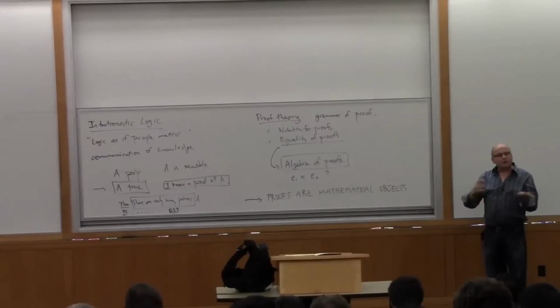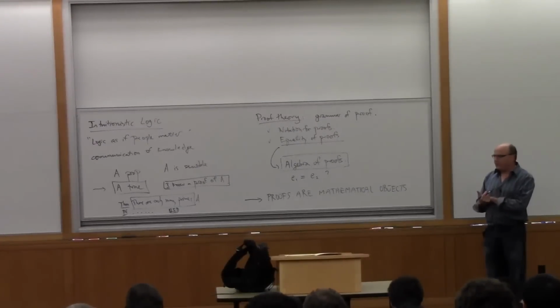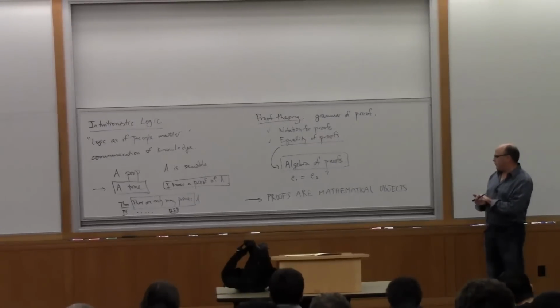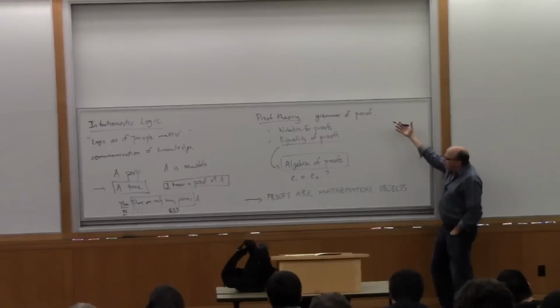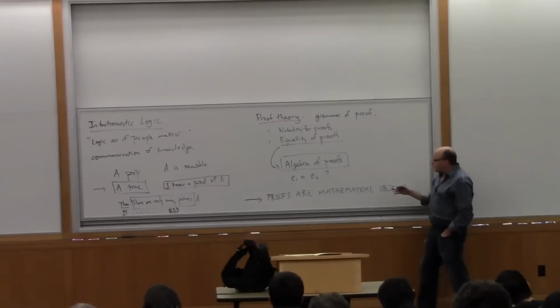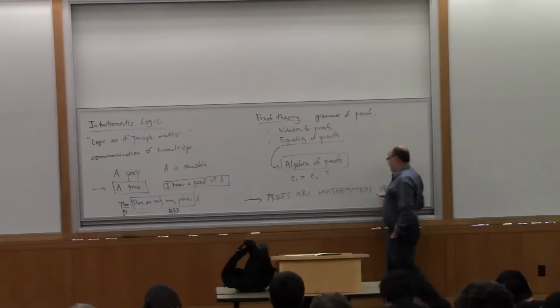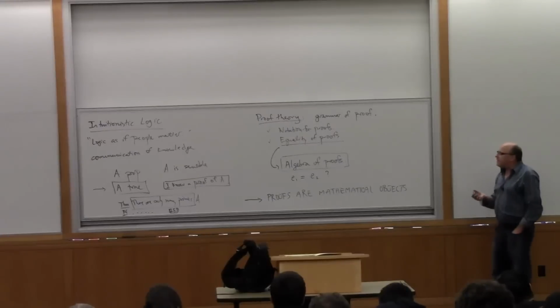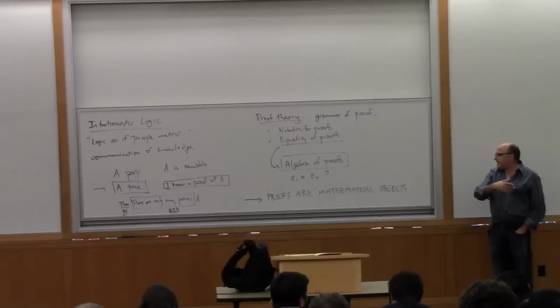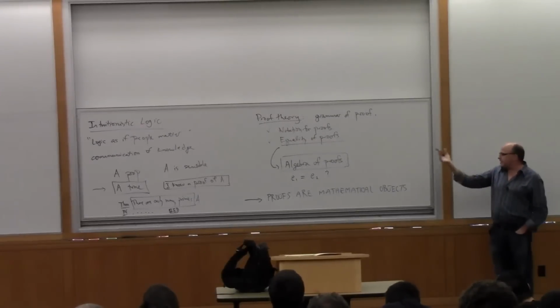Okay? And you learn how to write those things down and how to write a convincing argument that shows that two triangles are congruent and so forth. Well, that's fine as far as it goes. But the interesting thing here when you engage in proof theory and develop the algebra of proofs is that the proofs themselves become mathematical objects. Okay? They are things that have exactly the same status as every other mathematical object, as points in the plane, as functions in space, as geometric figures. All the proofs become mathematical objects.